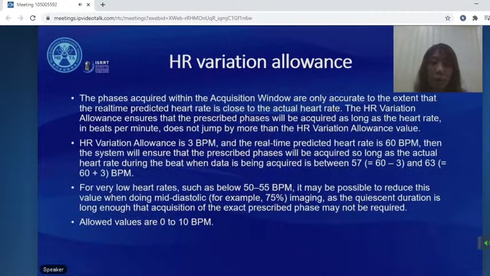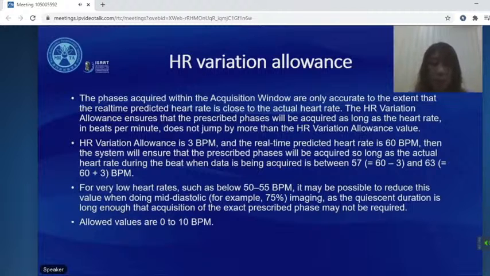And how the system recognizes whether the heart rate is stable or not. To quantify, it has a heart rate variation allowance. The phases acquired within the acquisition window are only accurate to the extent that the real-time predicted heart rate is close to the actual heart rate. The heart rate variation allowance ensures that the prescribed phase does not jump more than the allowance value. So for example, if the heart rate allowance is 3, the patient's real-time heart rate is 60, the system will